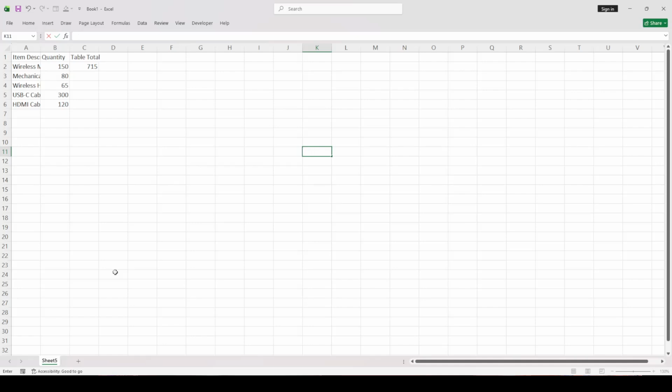In today's video, I'm going to teach you how to create a search box in Microsoft Excel. This is a simple and practical feature that helps you quickly filter and find specific rows in your data without manually scrolling through everything. First, you will select your data table range, which in this example is cells A1 through